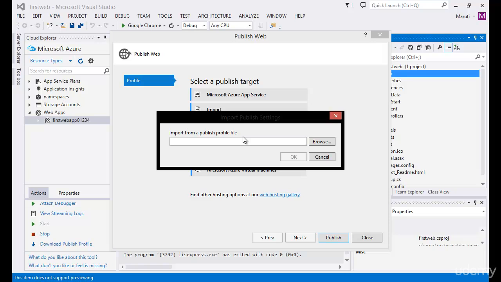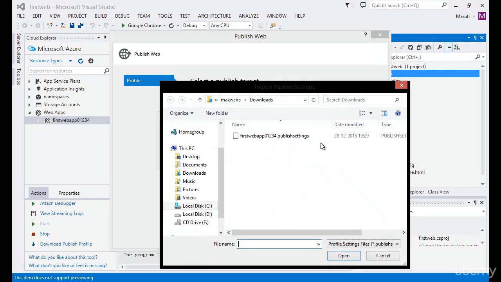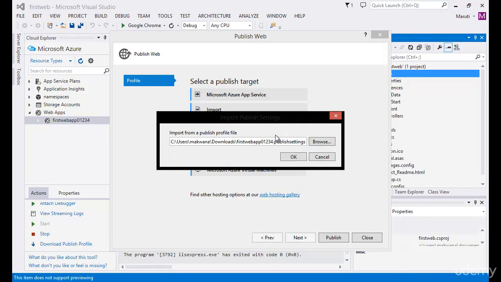I prefer this import publishing profile way because it always happens that when we are working in an organization, our machine, which is connected with my production environment, is somewhere else. It is possible that a publishing environment is different than the hosting environment. At that time, your administrator is going to give you the publishing profile, and from the production environment, we just need to import that. I'm going to import my first web app publishing settings profile file,